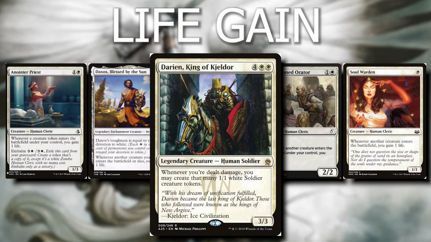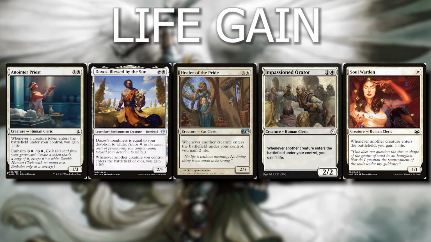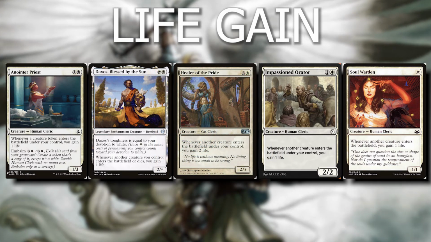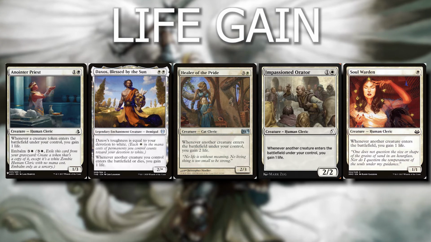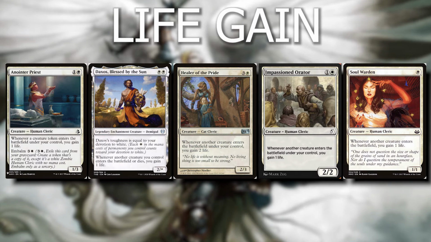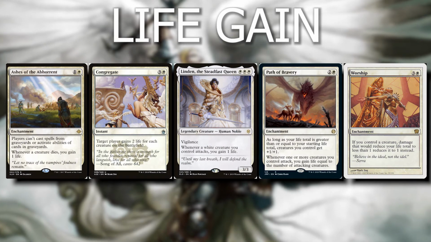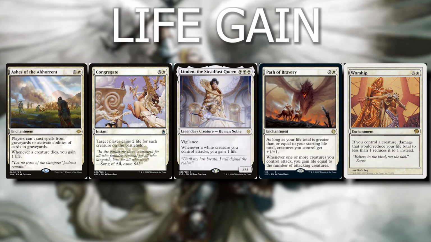And do you know how long it takes to get 40 damage on the battlefield all at once? It takes a while. And this is all assuming we don't board wipe them by the time they have enough power to do so, to kill us. The rest of our life gain consists of Ashes of the Abhorrent, Congregate, Linden the Steadfast Queen, Path of Bravery,